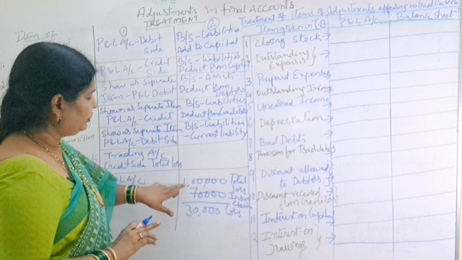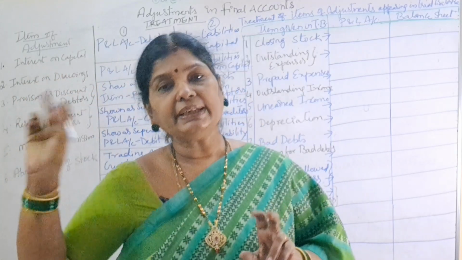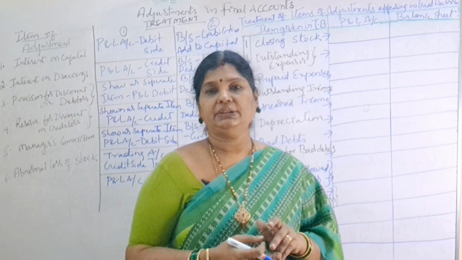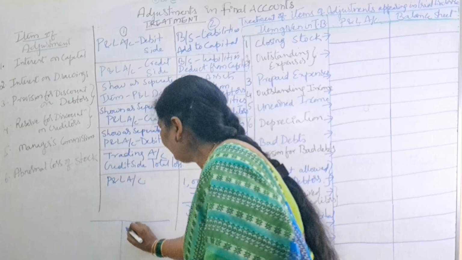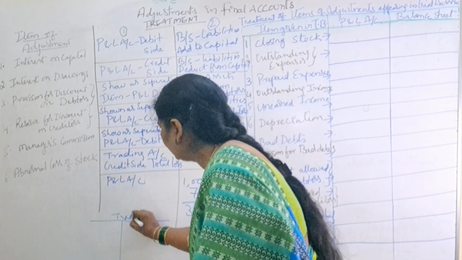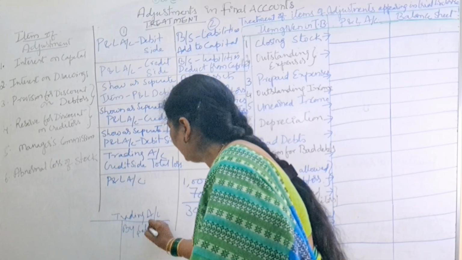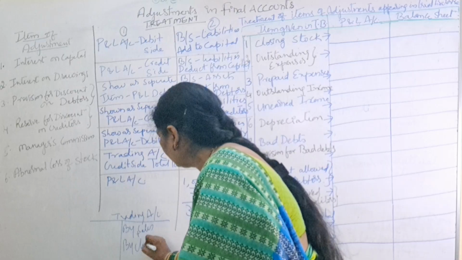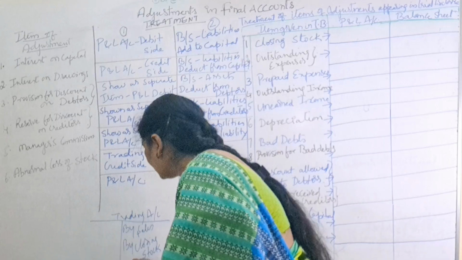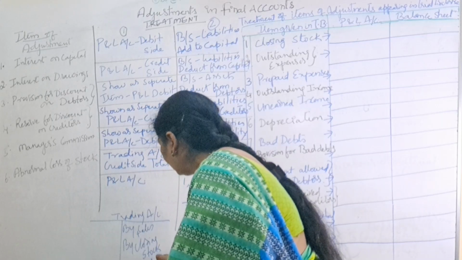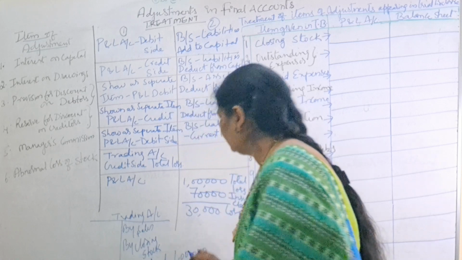Try to understand, what is our total loss? 1 lakh. So this total loss we have to take under the trading account credit side. After closing stock, we have to write. See, in the trading account, what will we do, we first write this is the trading account. Here what will you write? By sales, right? Next, by closing stock. And next, by abnormal loss. So how much amount do we have to write here? Total 1 lakh. The loss which got incurred, we have to write here, 1 lakh.